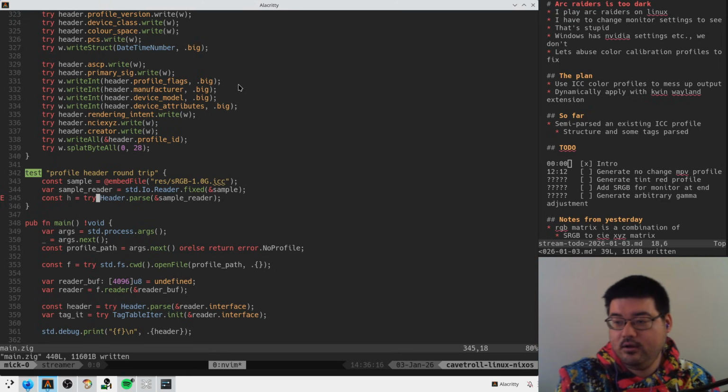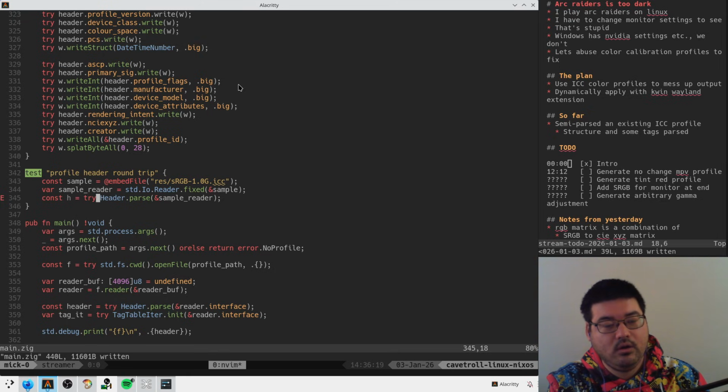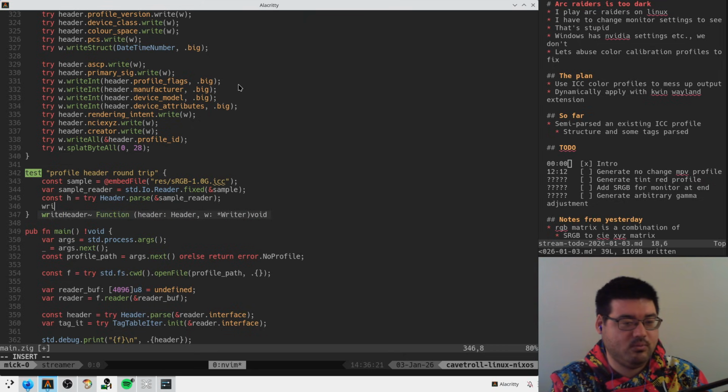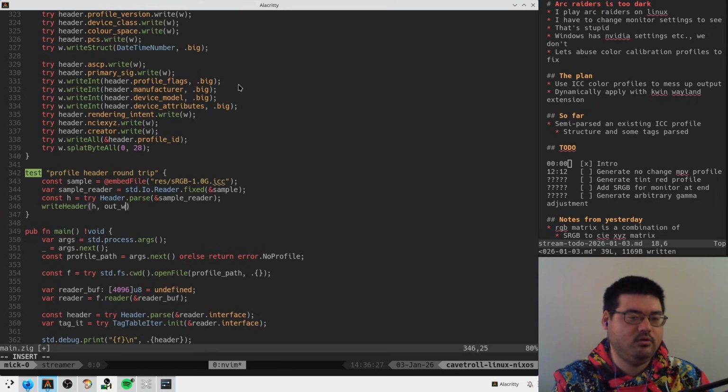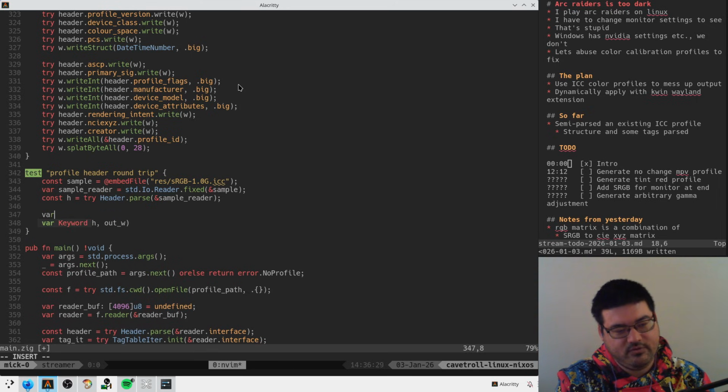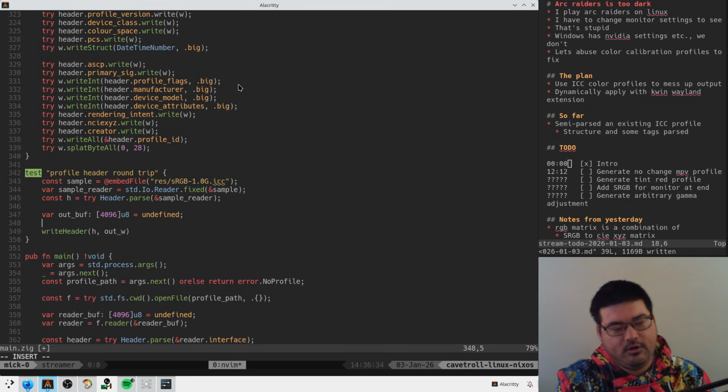And then we try to write this thing out, right? So we write header H into some outbuff or outwriter. So we have some sort of output buffer, and we create a writer around this thing, like this,